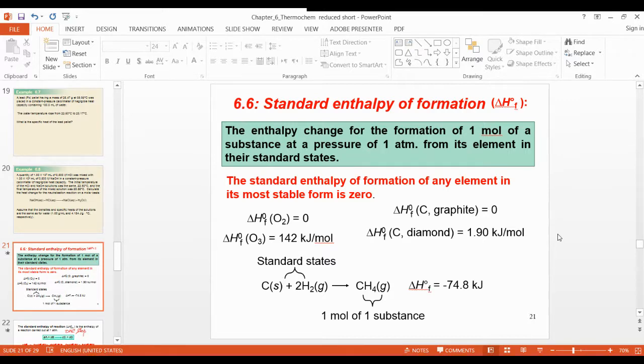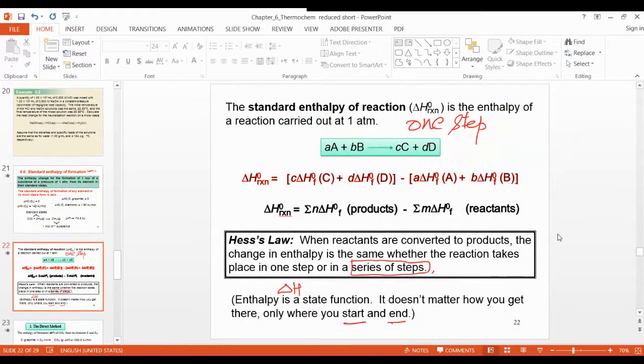But the other molecules which are in compound form are not 0, they have some values. Just like ozone. Ozone is not a pure element, ozone is a compound. So ozone has 142 kilojoules per mole. So suppose in the exam some question is there, these values will be given, and some values you have to memorize yourself. Pure metals, pure elements, are all zero, unless it is in compound form, where some values are given in the question.